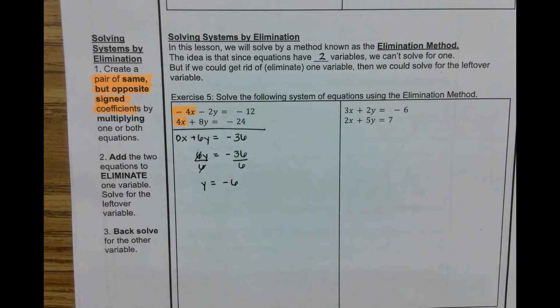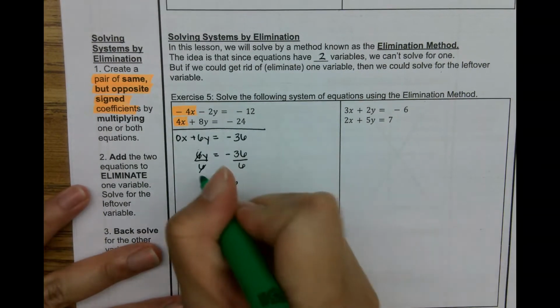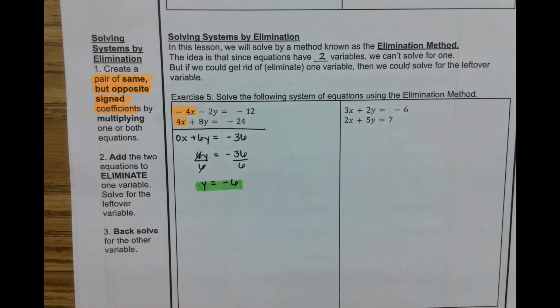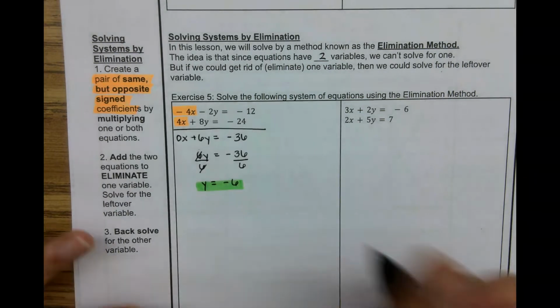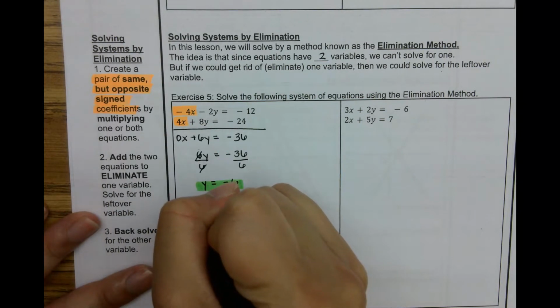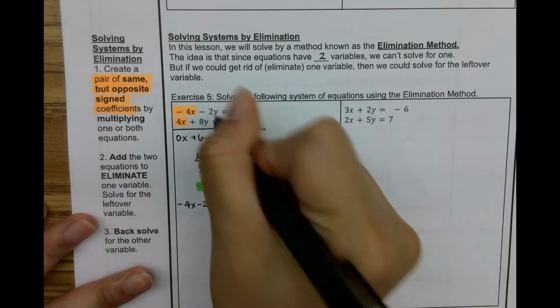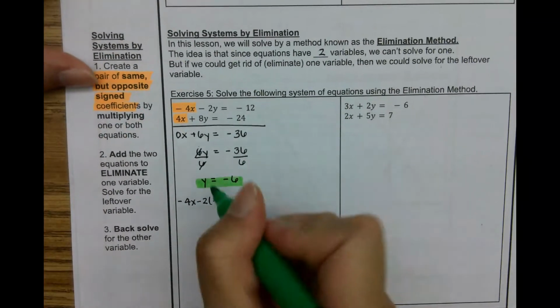So now that I have y equals negative 6, I'm going to plug it back in either here or here. It really doesn't matter which one you choose, it's still going to be the same, and I'm going to show you. So I'm going to plug it back in here: negative 4x minus 2, and instead of y, I'm going to plug in negative 6,